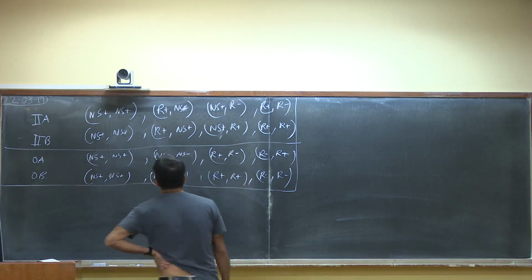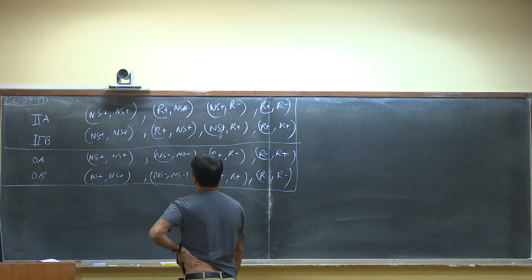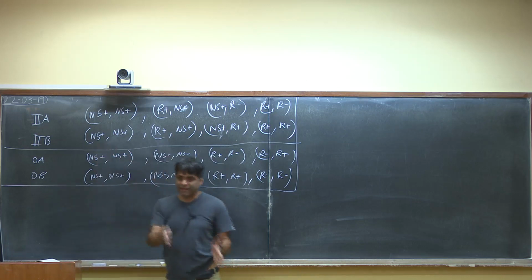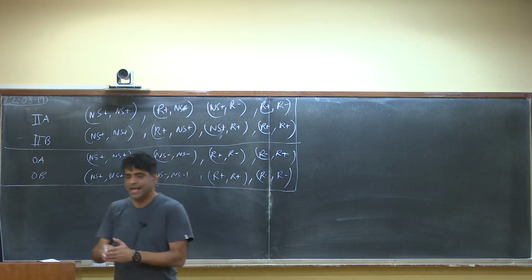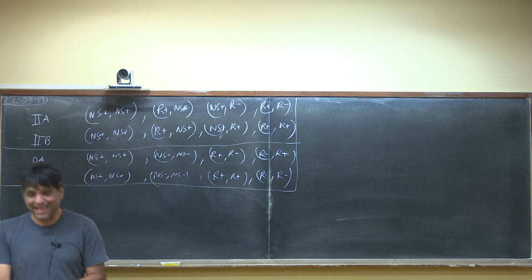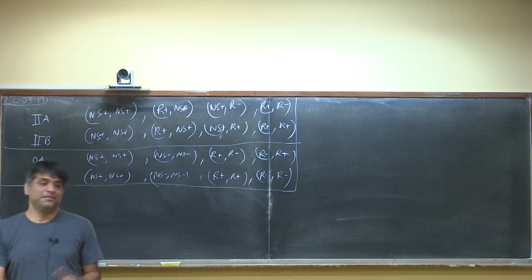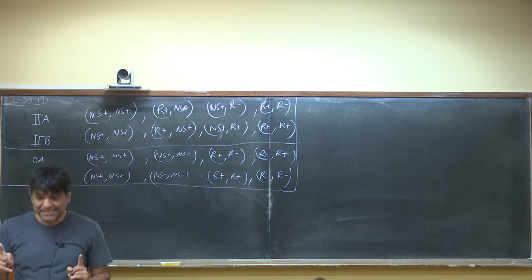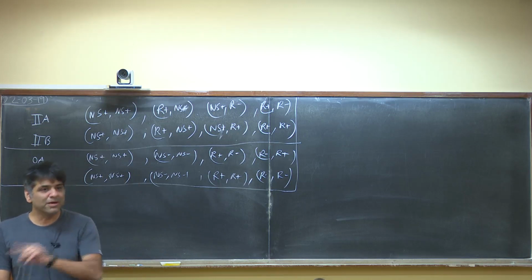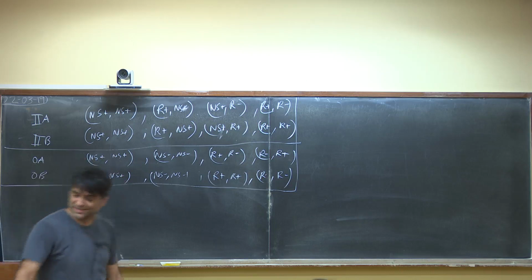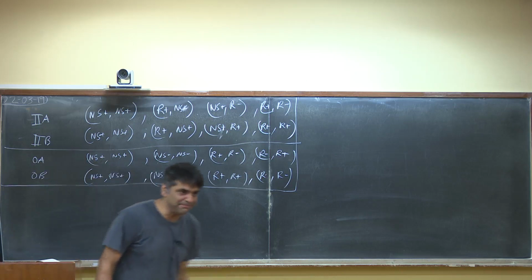Because the left is always going to be plus, or well, everything is plus. Yes. So in type 2B, both the left and the right, NS and R are both always plus. Okay. In type 2A, the left does one thing, the right does another. But what's important is that what the left is doing is not influenced by what the right is paired up with. So in general, in type 2 theories, that's always the case. Is this clear?